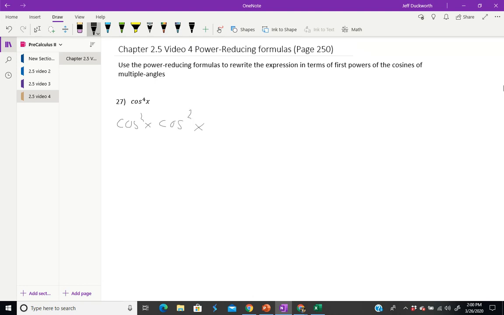Now we have the double angle formula for each of them, and I will write down the individual ones. If you recall from the previous PowerPoint, this is 1 plus cosine of 2x